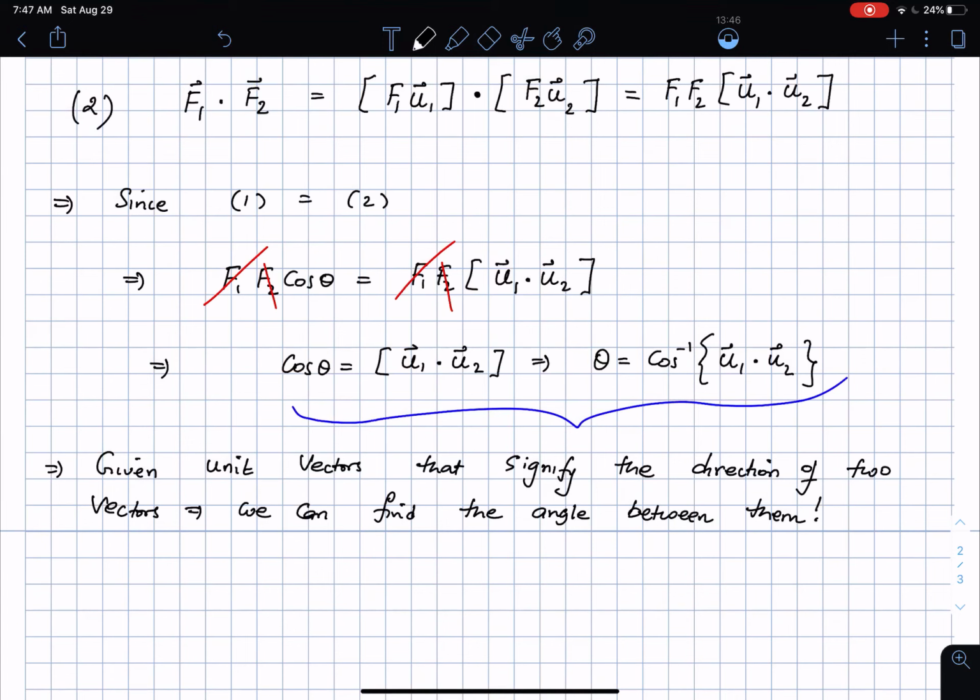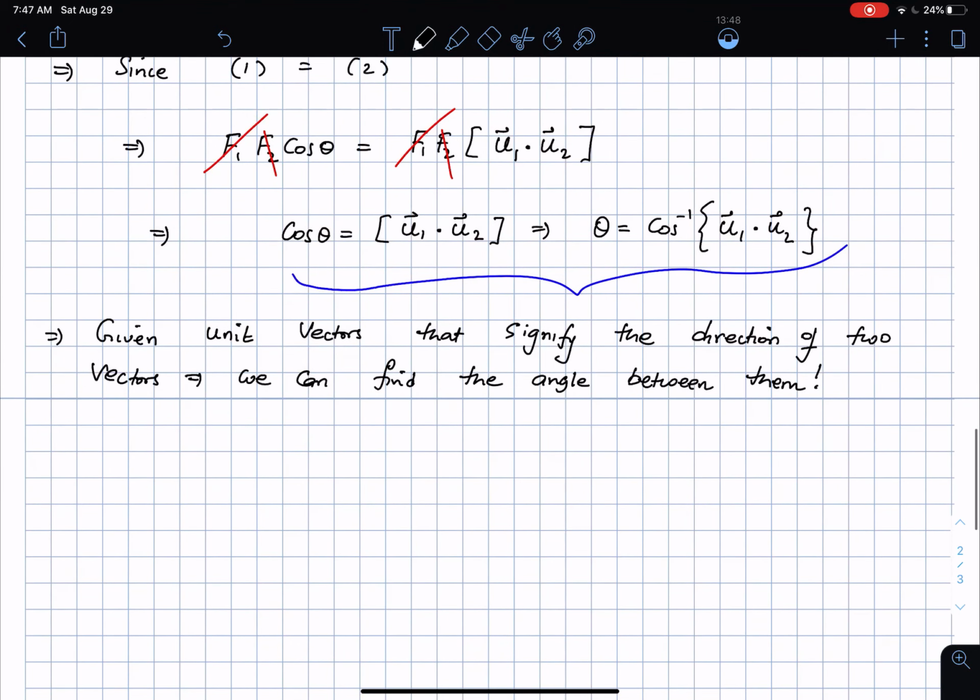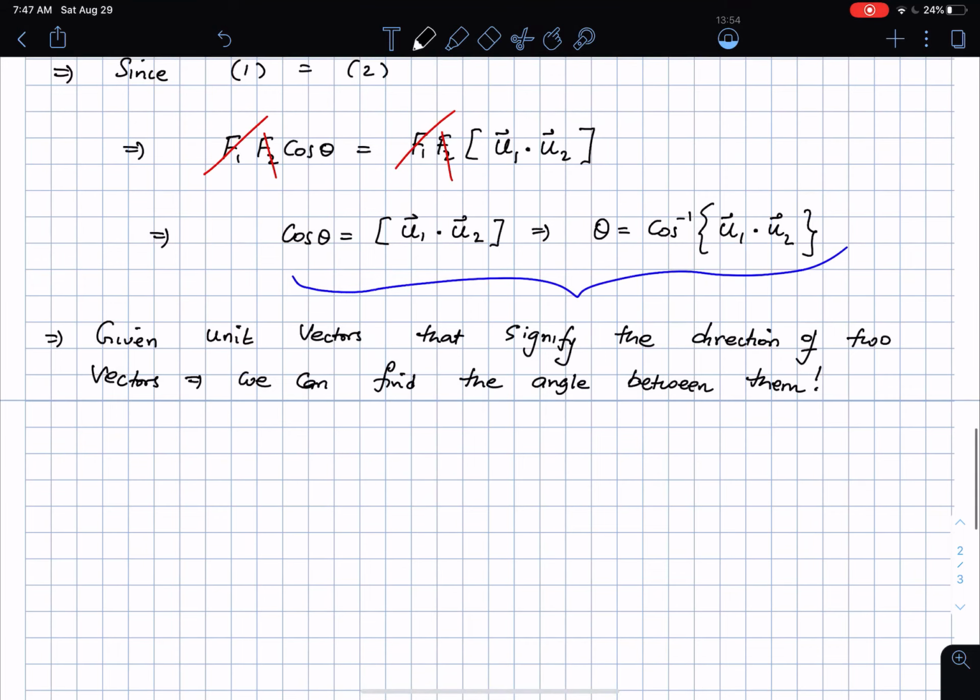Okay, so this is the use of the dot product. So the use of the dot product from an engineering perspective is, given two directions, how to find the angle. Okay, so which means that the use of the dot product